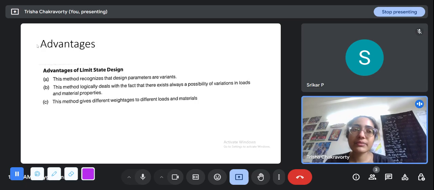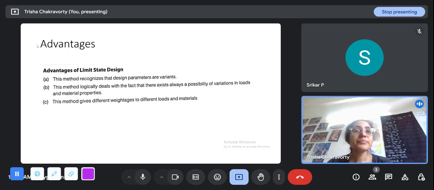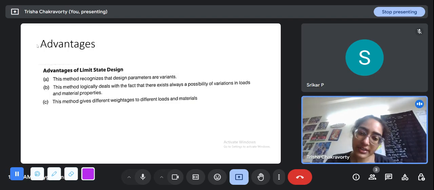We know from the steel code itself that we apply different factors of safety on different materials. Like for tension and for shear, we apply different factors of safety on the material. For shop and site welding, then for concrete design, or not just concrete design, in the IS 875 part 2, the code for live loads, we have seen that we apply a factor of 1.5 on dead load, 1.2 on live load, and then there are combinations where dead load and live load will have some factor of safety.